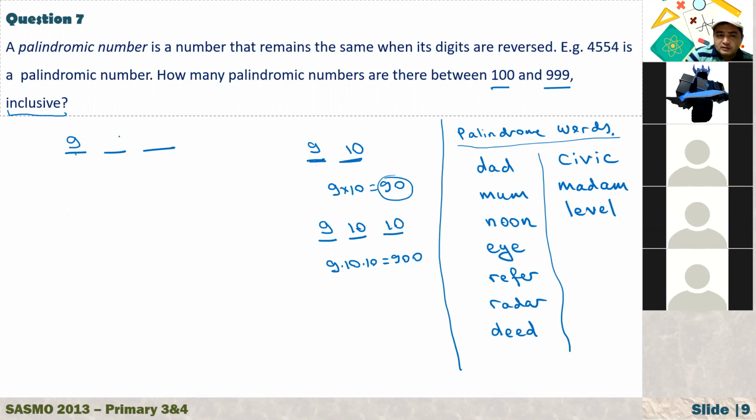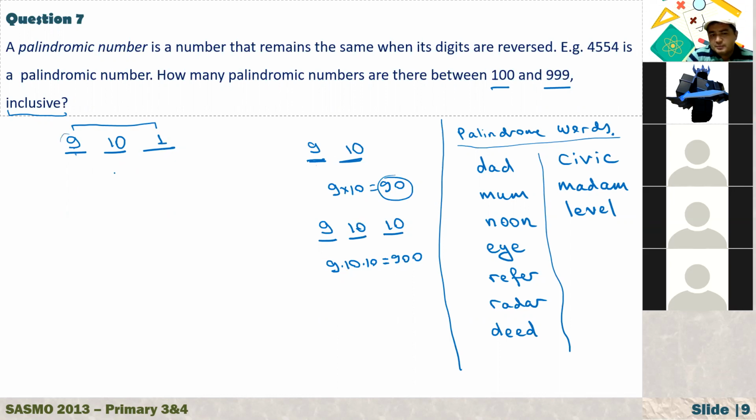Now for a palindromic number, I can write 1 or 2 or 3, just except for 0, right? And how about in the middle? Any digit can be written here, so how many choices do we have here? 10. I can write from 0 to 9. Now how about the last digit? These two numbers must be the same. Whatever I write here, also it must be here. I have only one choice here because I just copy the first digit.